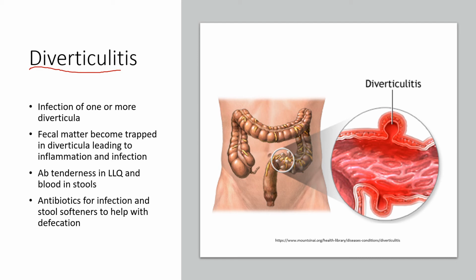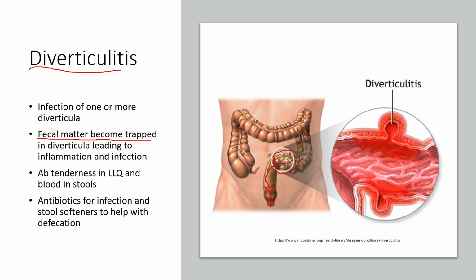This is infection of one or more of the diverticula. And this usually occurs when fecal matter becomes trapped in the diverticula, leading to that inflammation and infectious process to occur. The patient usually complains of abdominal tenderness in the left lower quadrant. That's going to be the location of the sigmoid colon. And that is where we are getting the final preparation for defecation to occur. The feces are going to go from the sigmoid colon into the rectum and then eventually down into the anus,